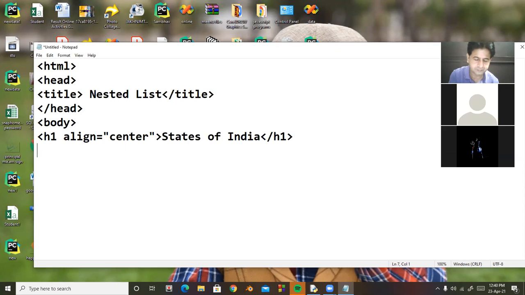Now I'm going to start an ordered list. So I use here OL type equal to small i. So it will display the result in Roman letters, Roman 1, 2, 3.